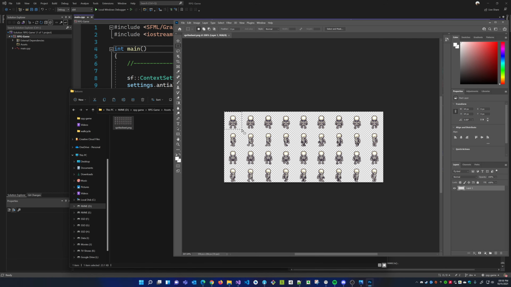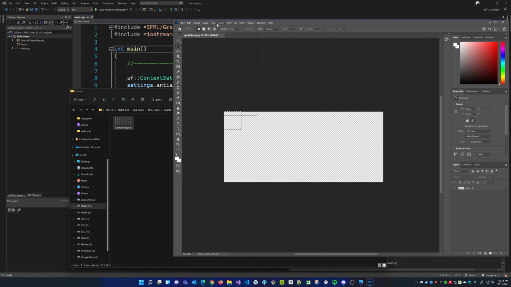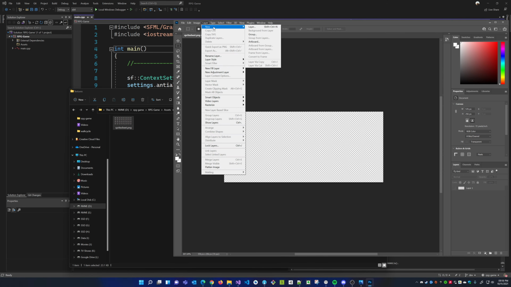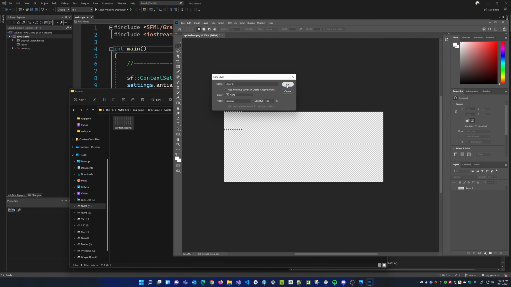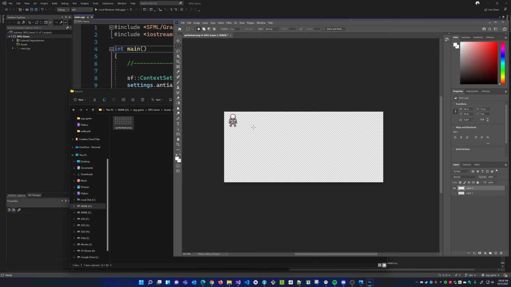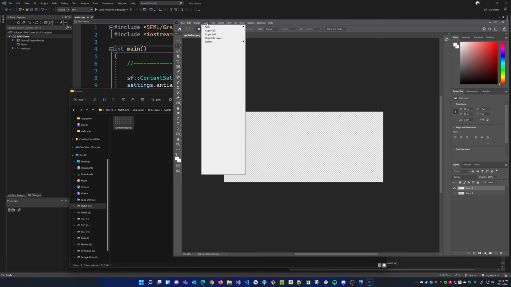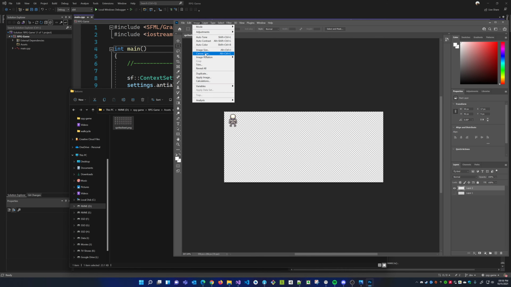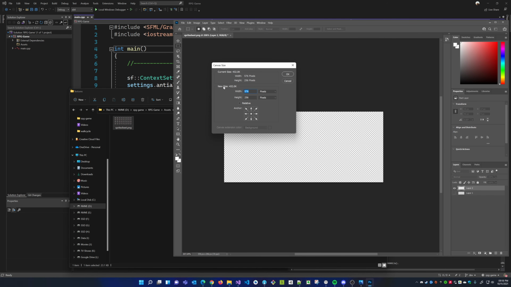Come on, there I go. 64 by 64. Copy this. Open a new, or just let's make a new layer. New layer. Click OK. Paste it. All right. Resize my canvas to 64 by 64.